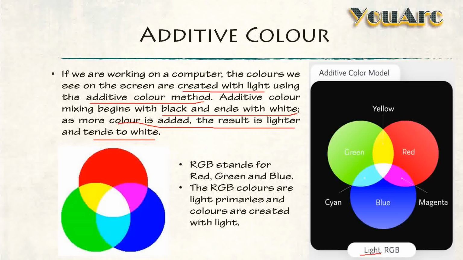Okay, so here we have the color scheme of RGB, which stands for red, green and blue. This RGB primarily deals with colors that are created with lights. Okay, so what is the difference between subtractive and additive? Subtractive is completely for pigments. It is for paint and printing processes, whereas light-related color mixing, digital color mixing we can say, happens with the additive color system.